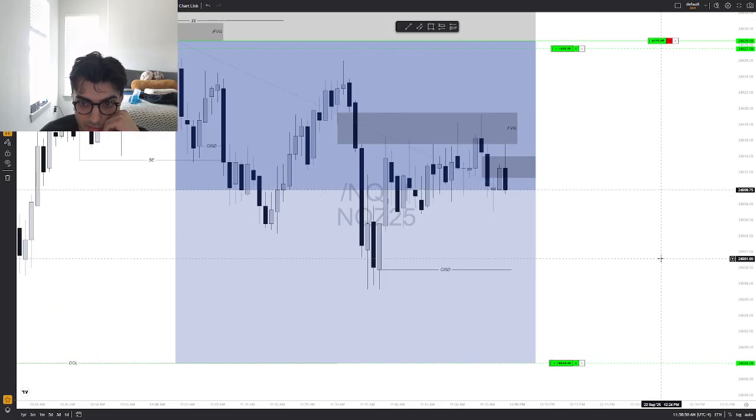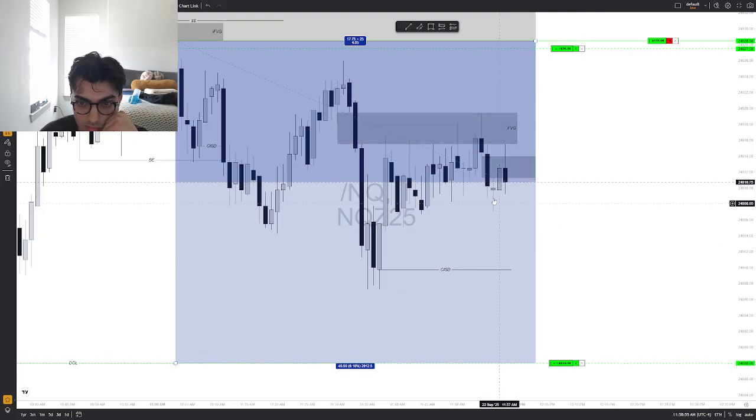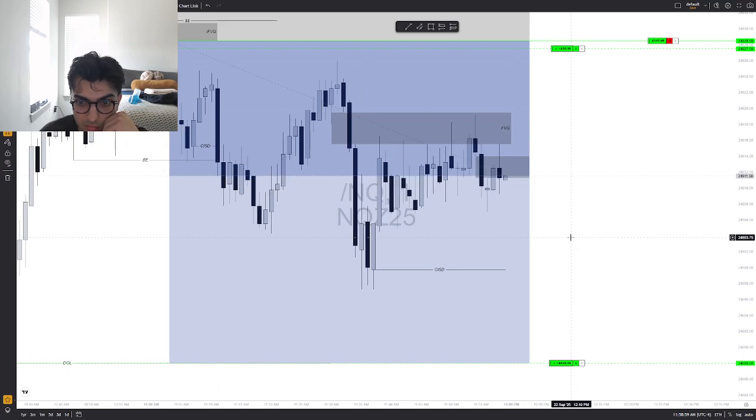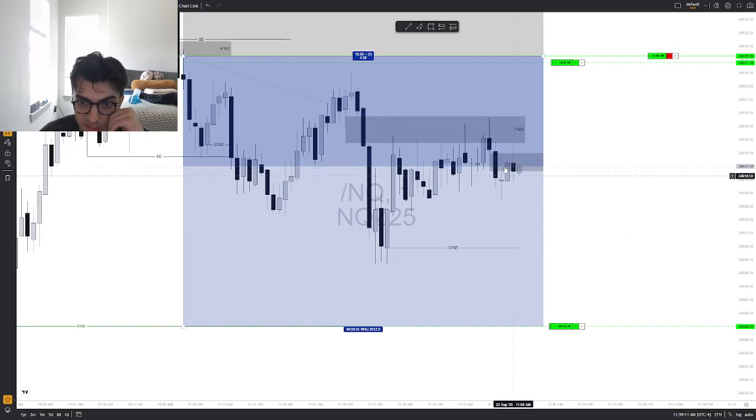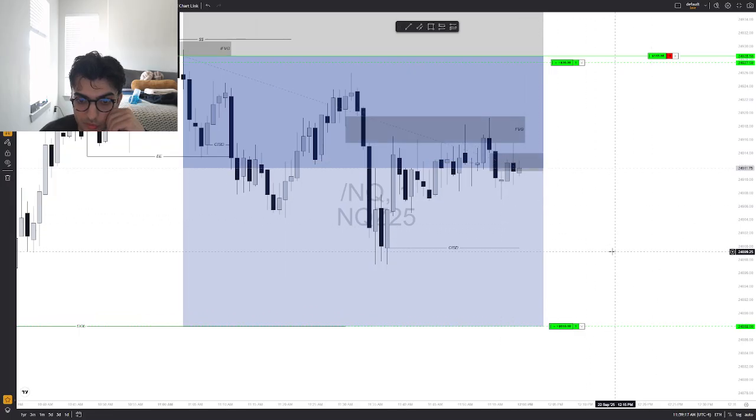It's a good reaction. Want to see it close below here. Close outside the fair value gap. Just tagged into it now. I want to see price start to move lower. This is a bearish fair value gap, so ideal situation is we collect orders here and then use it to move lower.